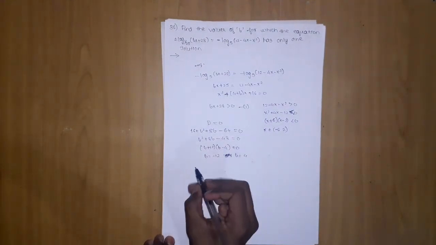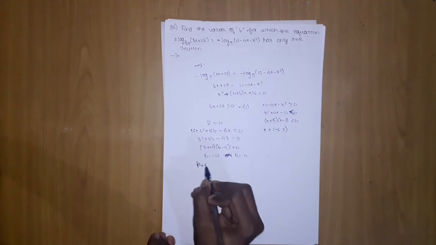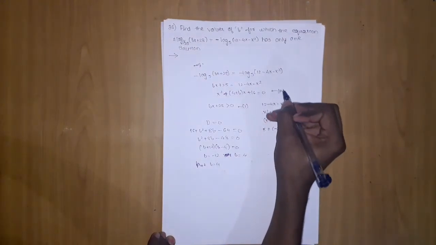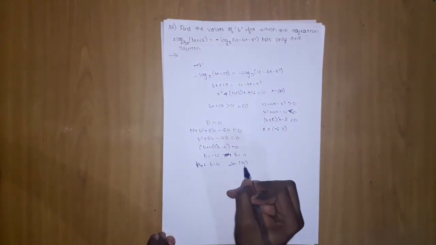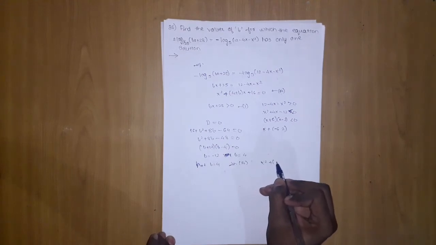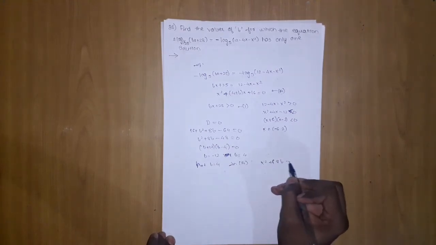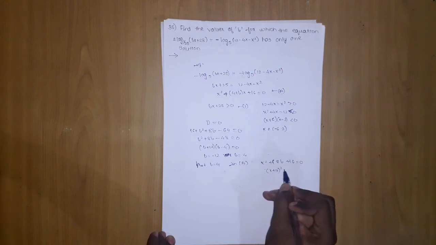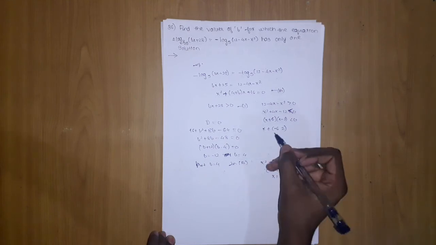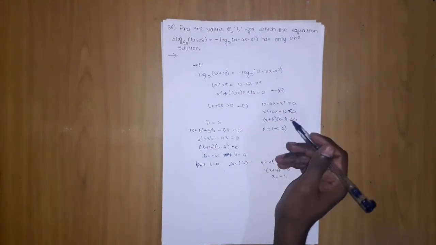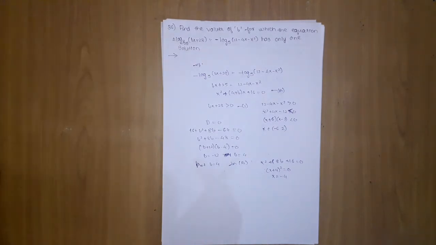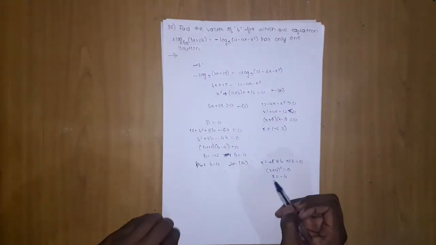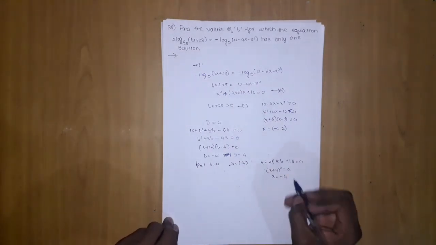Okay. Now what we can do, let's verify these values. Put b equals 4 and check. If we put b equals 4 in, let me call this a, in a, what we get is x square plus 8x plus 16 equal to 0, okay, it is a perfect square. So we are getting x is equal to minus 4, and we have already found the range of x from this. So the x value should lie in this range. When I put this b value, the value of x which I get should lie in this, which will tell us whether b is right or wrong. So it is telling b equals 4 is valid.